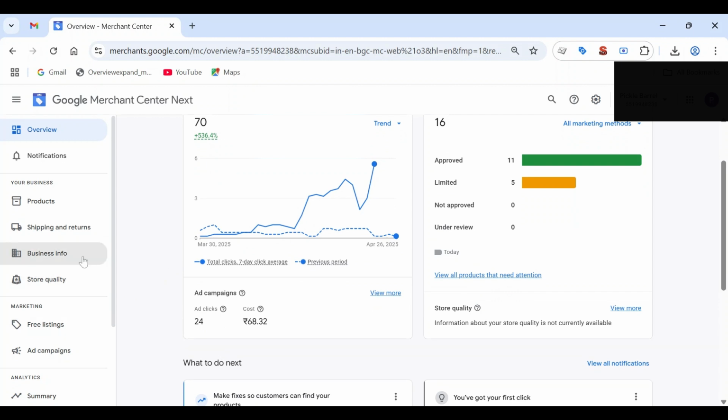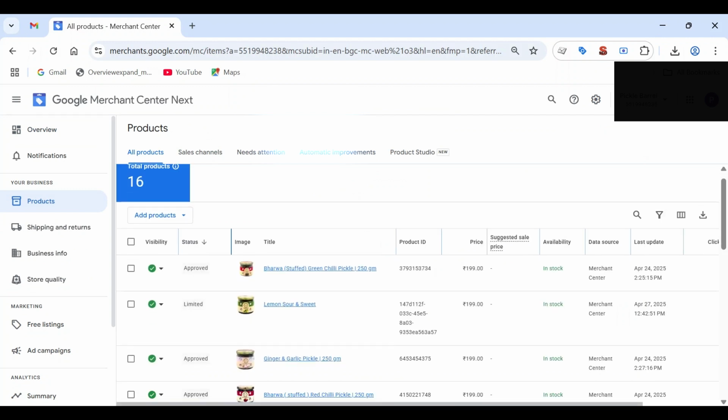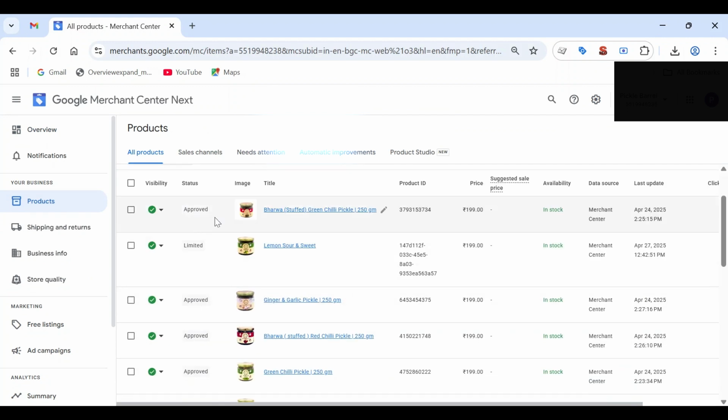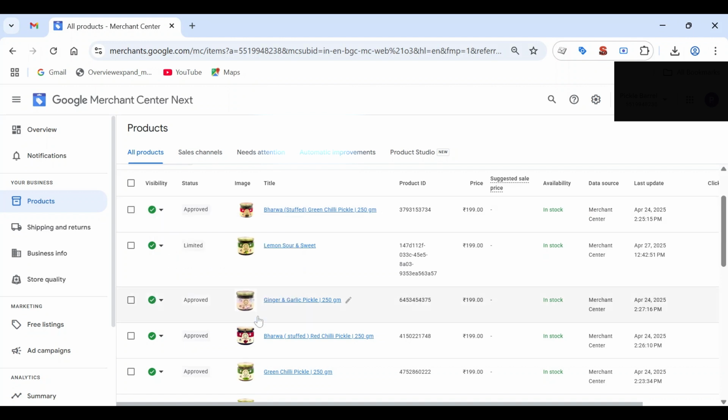So here all my products are here, all the 16 products. Approved is approved, limited is limited, right? So here you can see the option show in Google, show in ads, right? Show in Google means only the free listing, show in ads means Google Shopping ads, right?